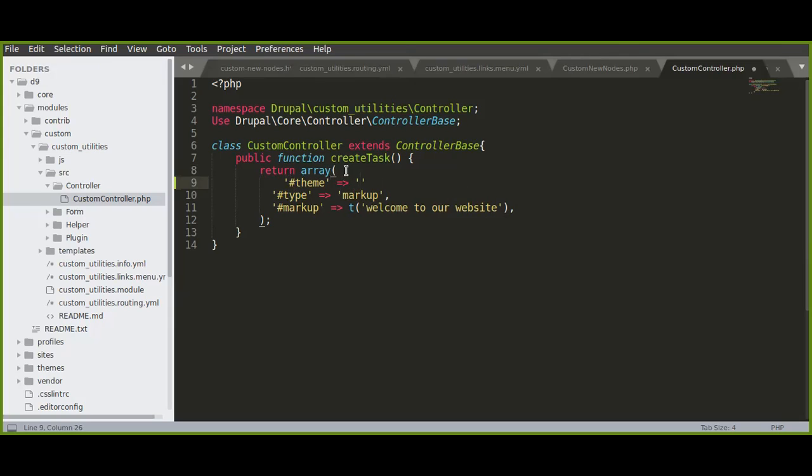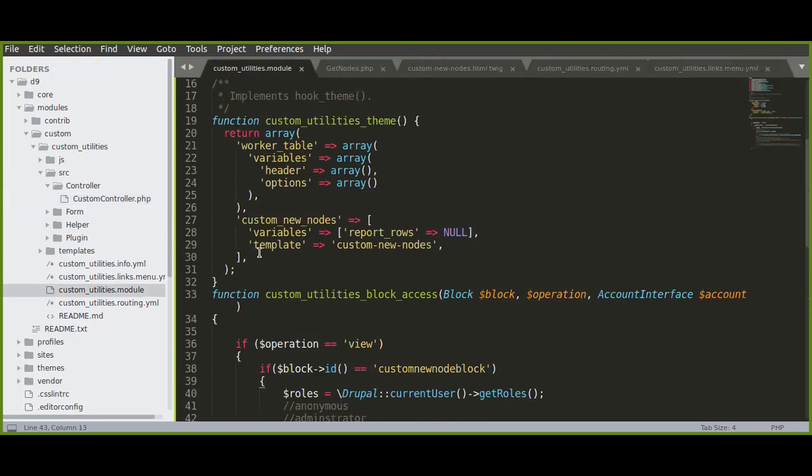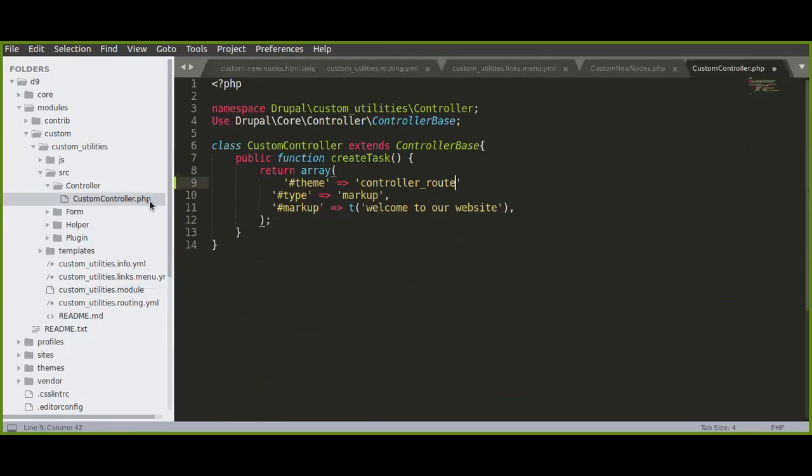That is how we can return from our controller route. We can pass it from this function. Once you have returned this theme, we need to define it in a custom module file under hook_theme. Or if you need to pass a variable, you can do that. Otherwise, you can do it with your Twig file itself.